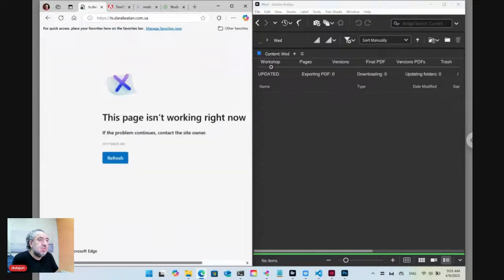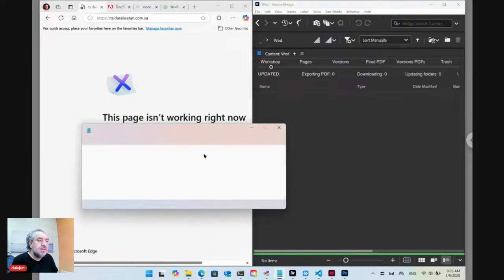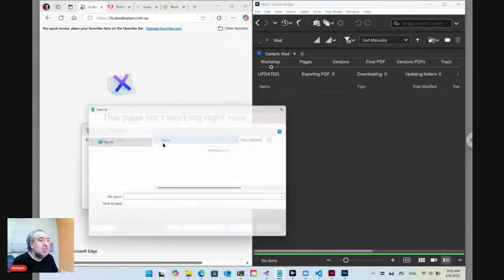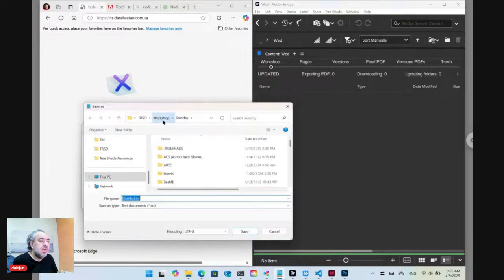Here we have just Wednesday. It's not revealed because we don't have a text file. At least we need to save a text file